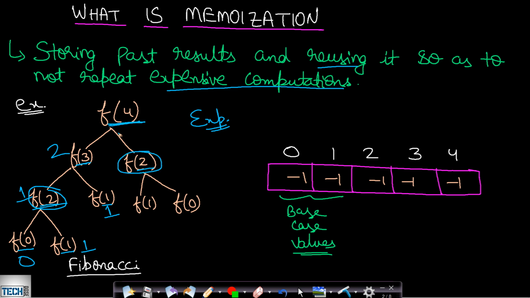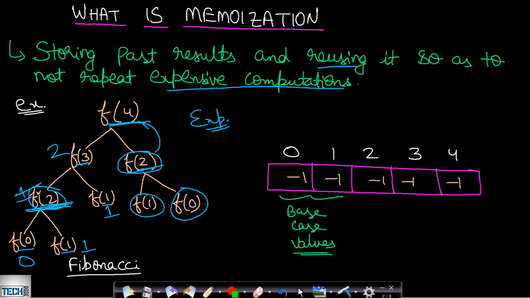Okay, and if your tree is much larger, then you will find many more repeating subproblems. So the second time, you don't need to call this f of 1 and f of 0. When you have already computed this f of 2, then you can simply use that value and return from this part. Okay. So this will reduce the number of function calls in case of recursion, and hence it will optimize the solution. This is known as memoization, that is storing the already computed value.